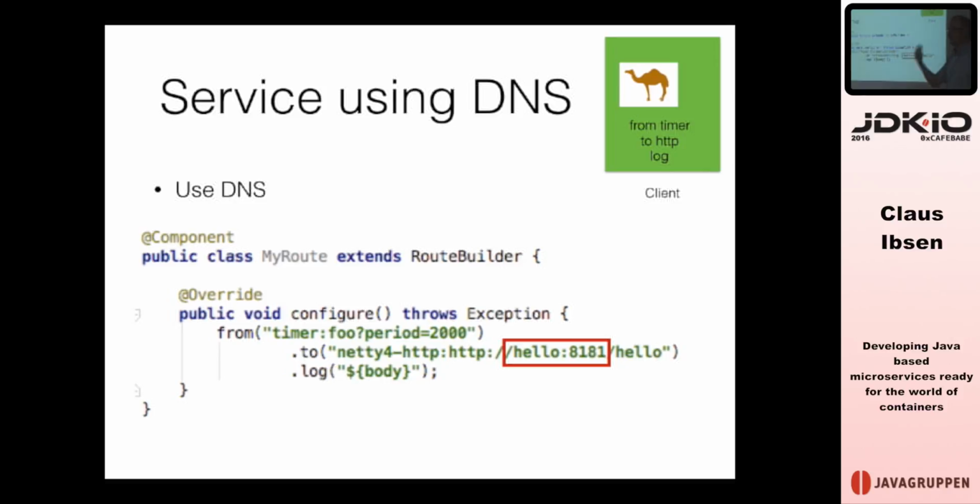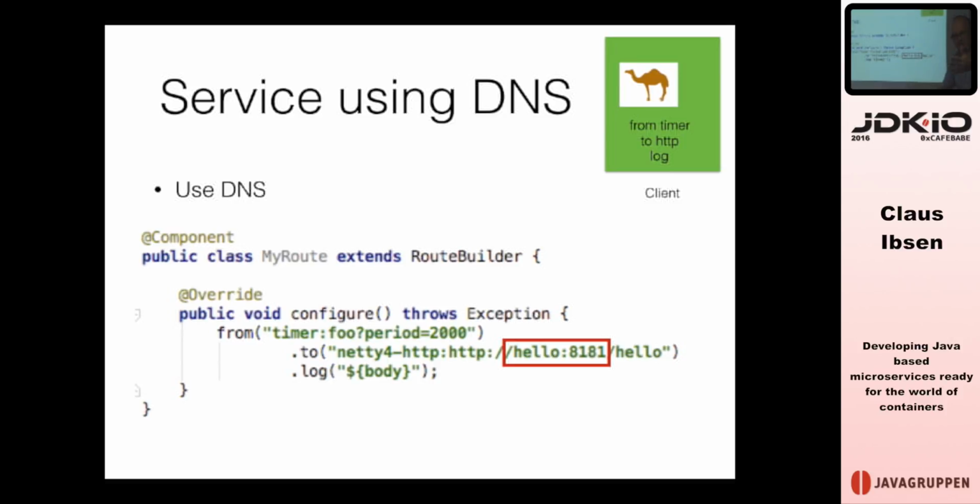Now, we also talked about DNS naming. It used to be not something you had to add extra to Kubernetes, but now it's baked in. So what we can do now is even simpler. The name of the service is called hello, and the port number is 8181. So I just type hello colon 8181. Now, if I chose to use 80 as the port number instead of 8181, then I will just type hello without any port number because HTTP 80 is the default, right?